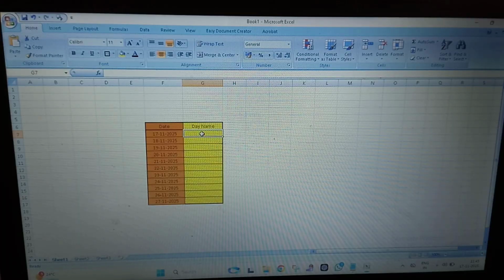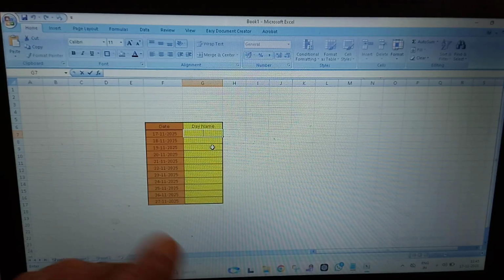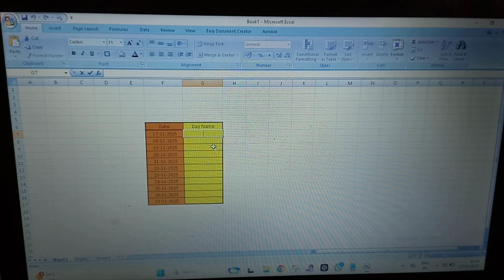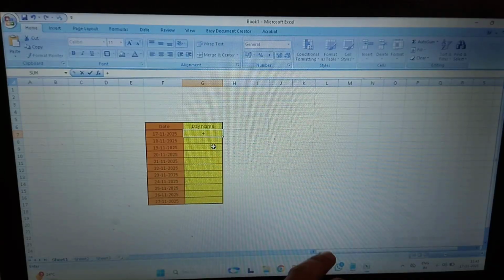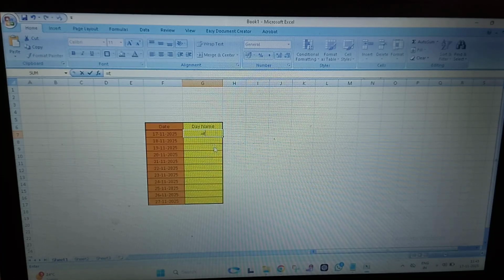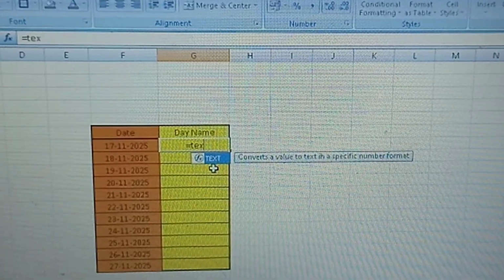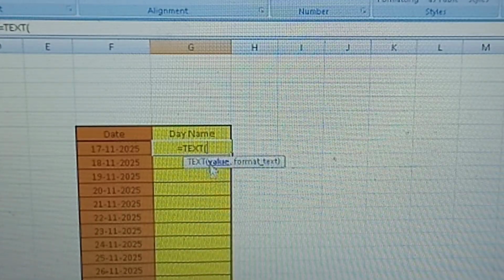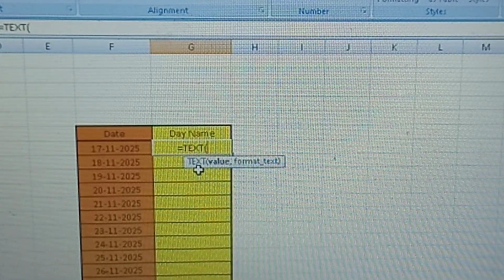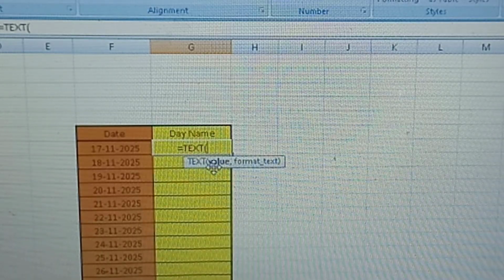So first what you have to do, you have to just click on this day name section in first row, then press or type is equal to. After that you need to type text, double click on this text, then select the value,